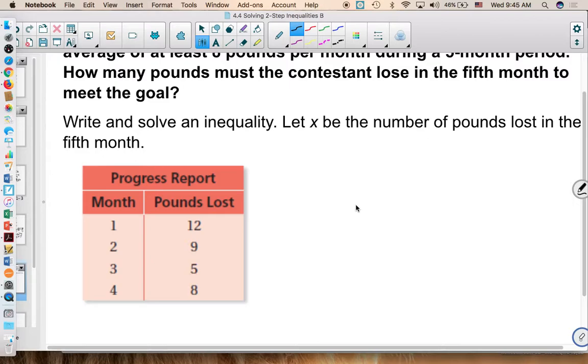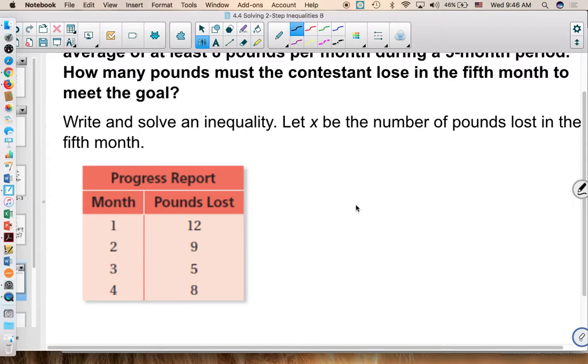How am I going to write it? I'm so confused, so let's get the equation written. Question? I think I might know how to do it. Okay, tell me what you think. Okay, I thought 8.5x is greater than or equal to 5. It's the average of 12, 9, 5, and 8, which is 8.5. Okay, now say that again. You took 8.5 plus x is greater than or equal to 5, because you added all of these together